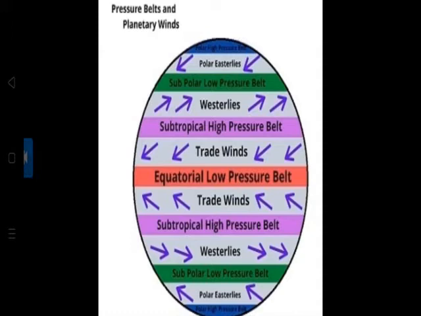After becoming cold and heavy, it descends in these regions and is piled up. This results in high pressure. So why is there high pressure? Because when the air becomes cold it becomes heavy and descends in this region, so there's high pressure. Calm conditions with feeble and variable winds are found here.